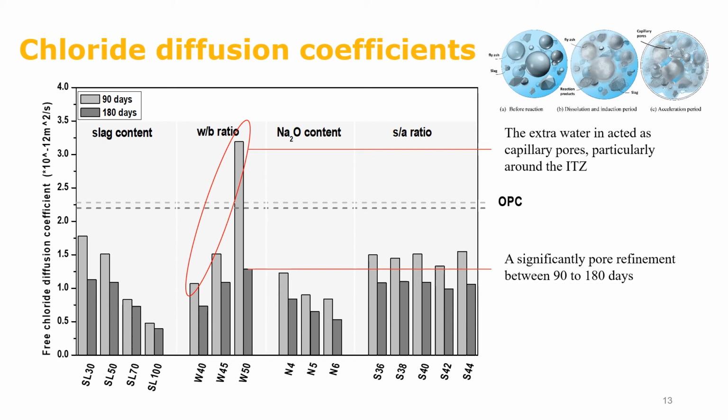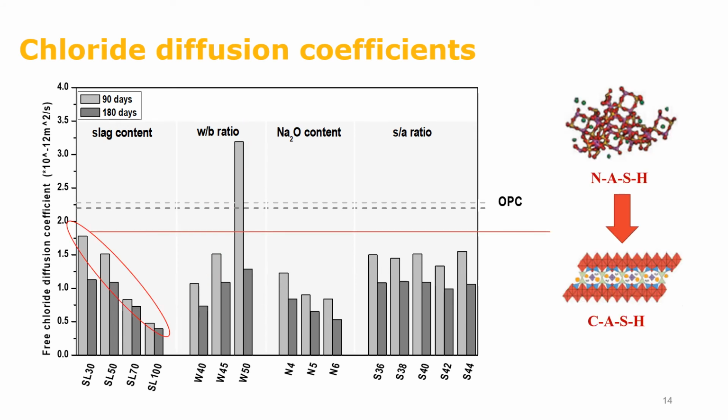90 to 180 days. For concrete with higher slag content, in which more C-A-S-H gels were formed, the D decreased from 1.8 to 0.4. It may be due to the faster reaction of slag. As a result, pores were filled and the chloride resistance of concrete was improved. However, the decrease of D was more pronounced in SL30 and SL50 at 180 days, which means the continued reaction